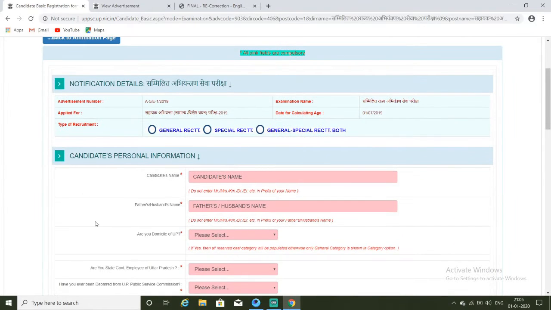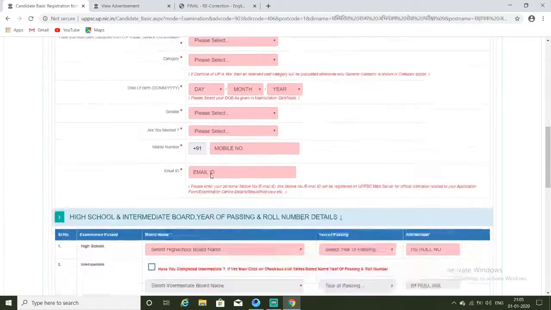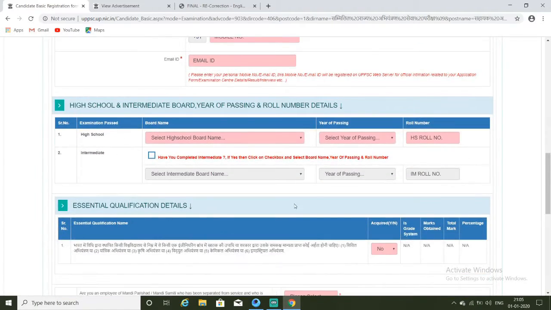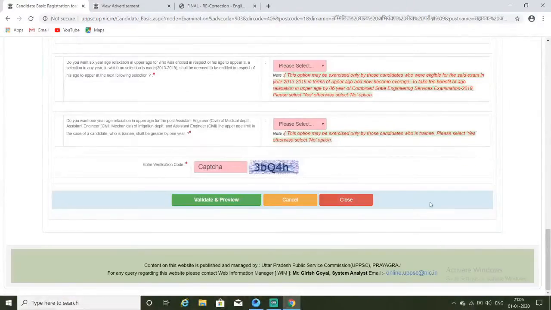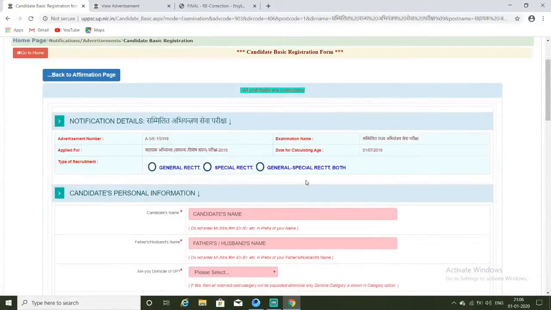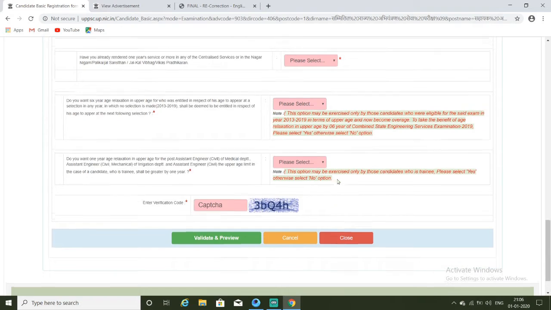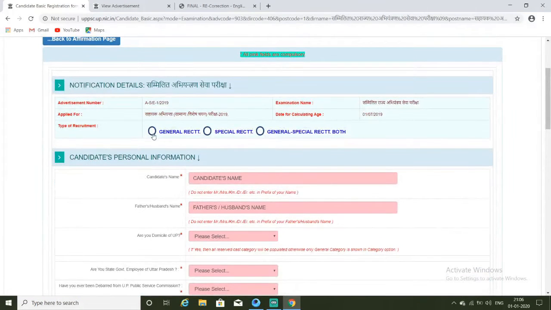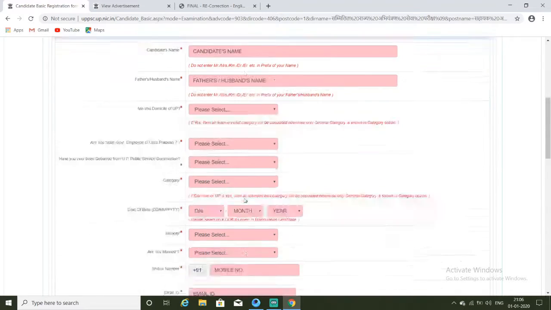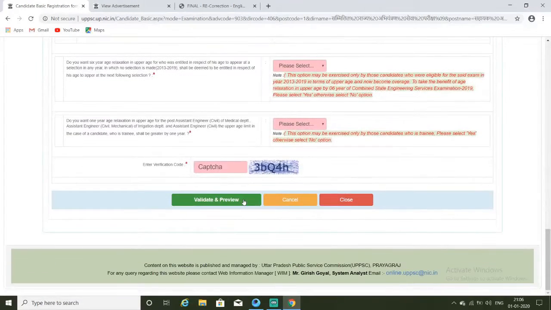Okay, now here is one criterion. You can see type of recruitment: general, special recruitment, both. This is how you are supposed to fill in all the details. Now there is one important thing to note. When you are filling all these things, some people will try to select both, and then they will do all this.